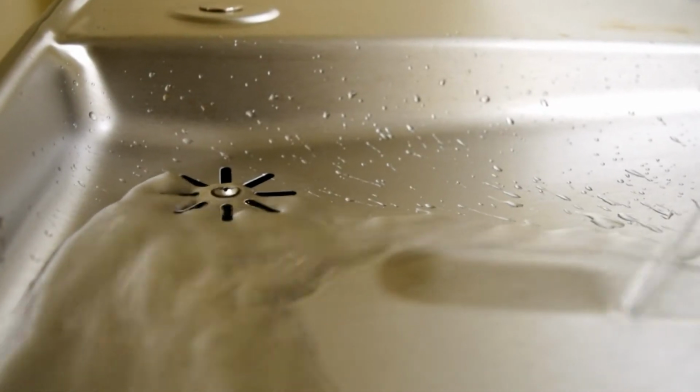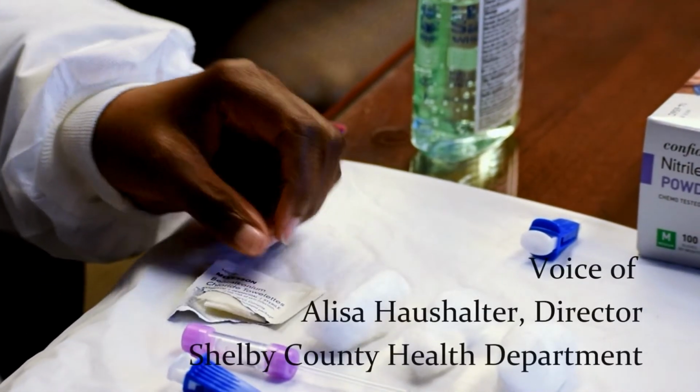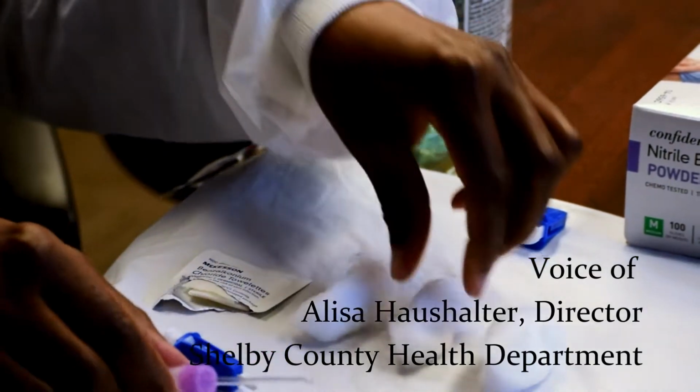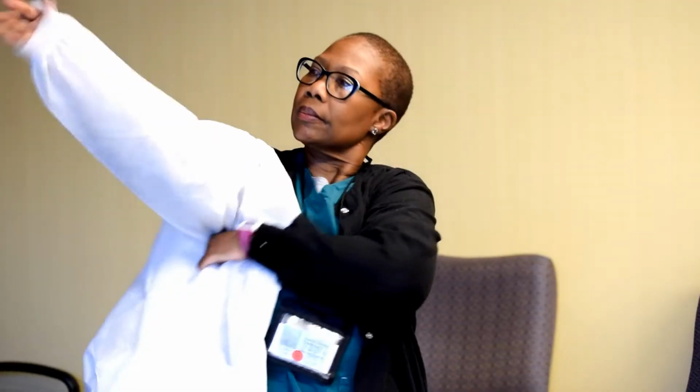The Shelby County Health Department is providing lead screenings for students and staff members in the 35 schools found to have elevated levels of lead in water sources. And our most important goal in regards to this particular initiative is to assure that children have access to lead testing so that their parents have the information they need and want, and that children are able to get evaluated